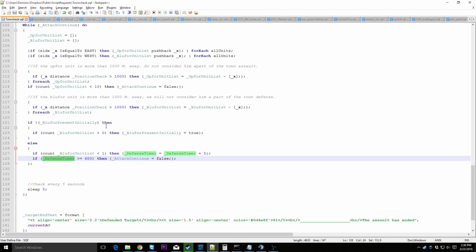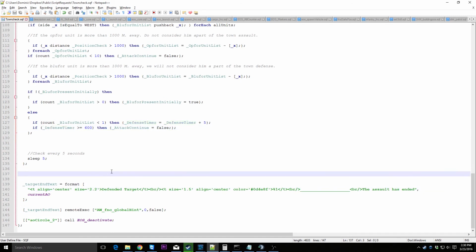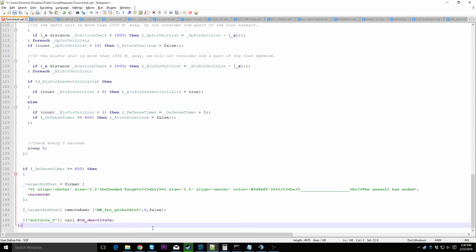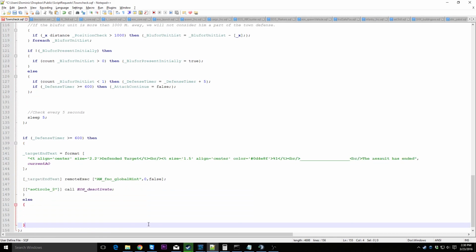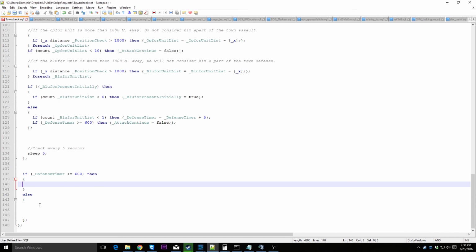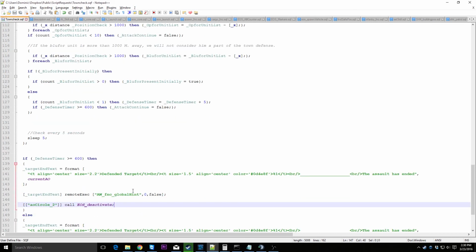Instead of having another variable, like failed or not, and then setting a different variable true here, we're going to go ahead and just do a check down here. If the defense timer is greater than or equal to 600, then this code will activate, else it'll activate this code. And this code is the assault has ended, you won, good job. We go here, and if you failed, we go here,